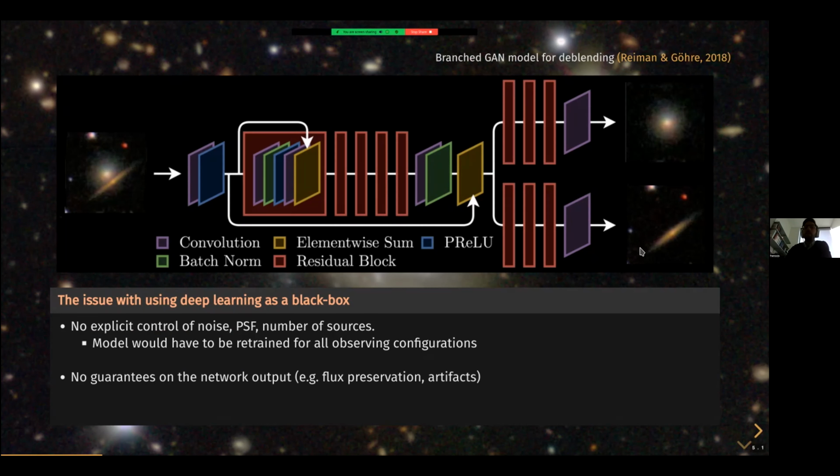The second point is that you also have no strong guarantees on the network outputs. So for instance, although you may train it to do things like preserve the flux of the solution compared to what you had as input, it's not guaranteed to do so. And flux preservation is very important if we want to measure, for instance, the brightness of those galaxies. And finally, there is also typically no robust uncertainty quantification with this kind of approach. So you get an answer, this one here on the right, but you don't know if it's the best answer, if there are multiple possible answers, or if there is any uncertainty on the answers. And if we want to do science with the solution that your network returns, uncertainty quantification is extremely important.